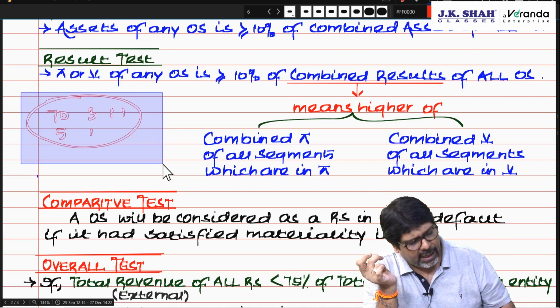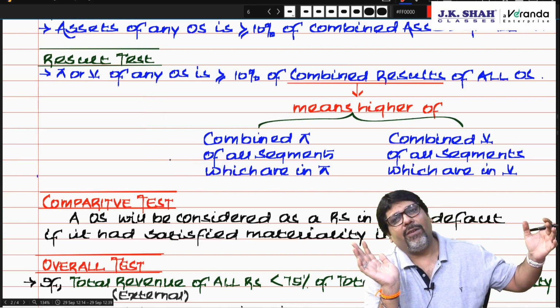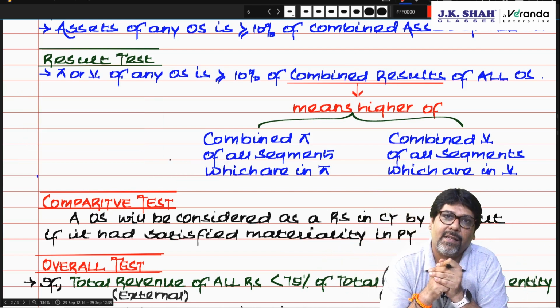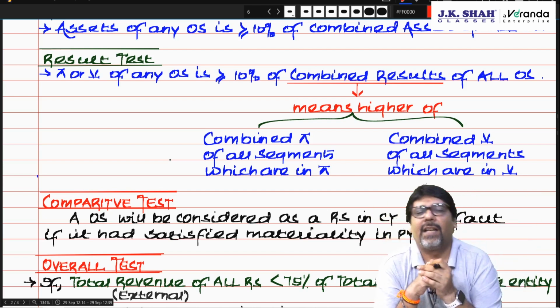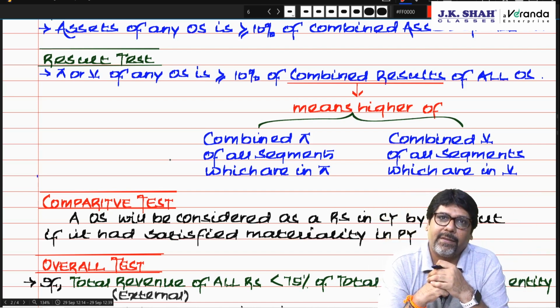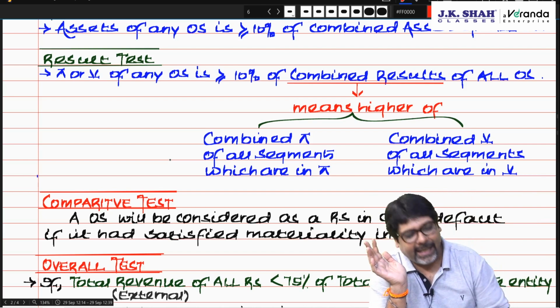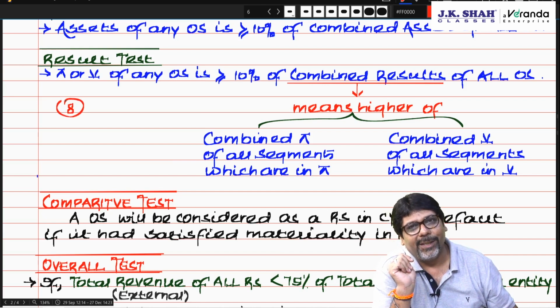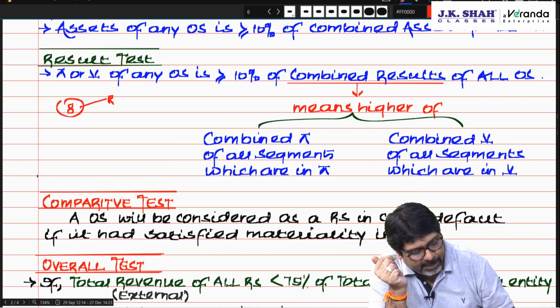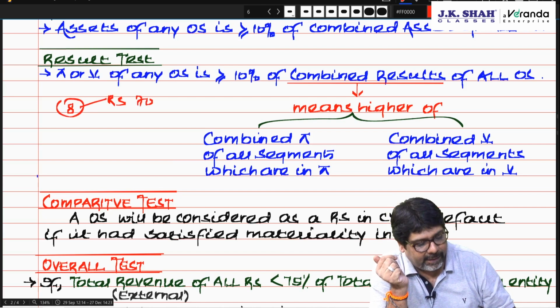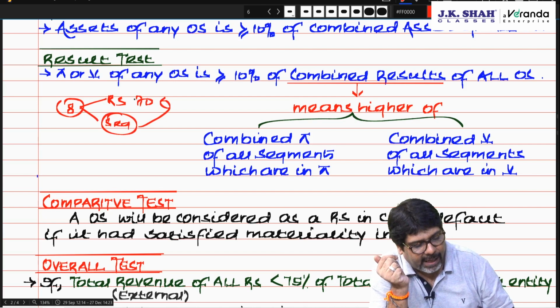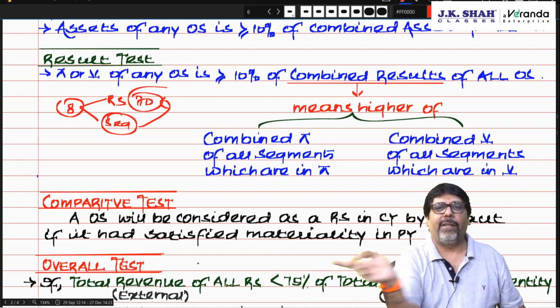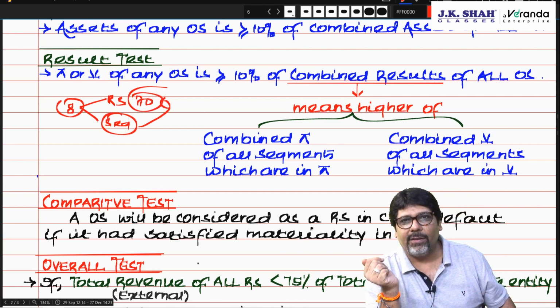Sir, if it happens that we add the revenue of all the reportable segments, rather all the segments' revenue, and it is not crossing 75%. You know what you are saying? Is it practically possible? There are 8 segments only. That means the entire 100% of sales is coming from these 8 segments only, no? So we are supposed to select reportable segments. Those reportable segments are 70%. Remaining are 3 segments. You have to include as many segments as will help them cross 75%. If you take all the segments, then it will become 100% only, no?